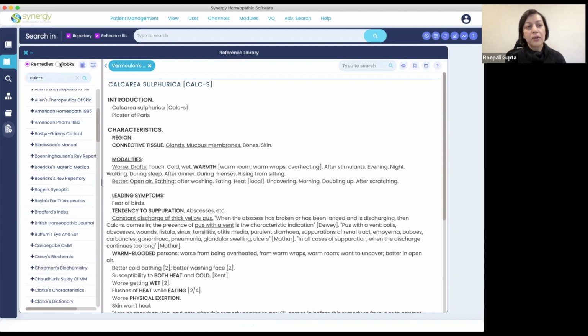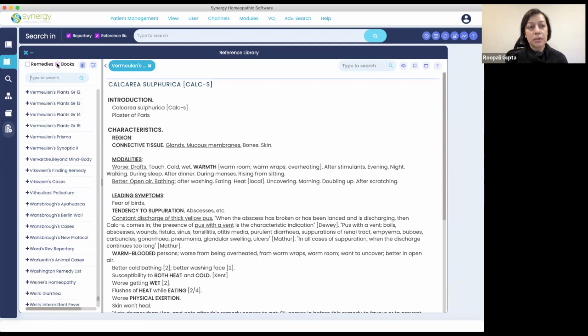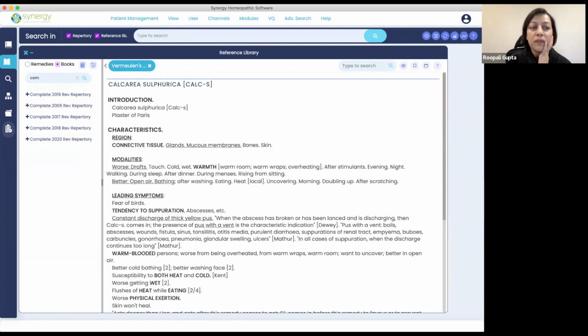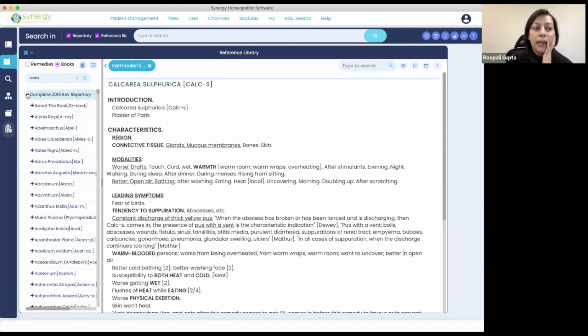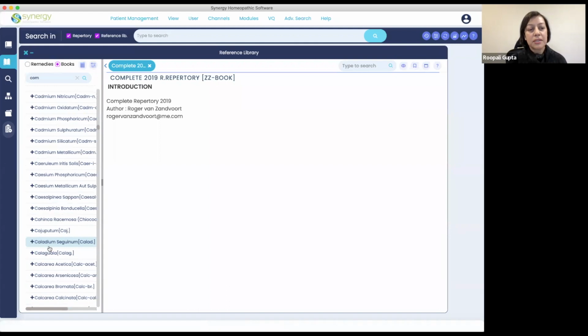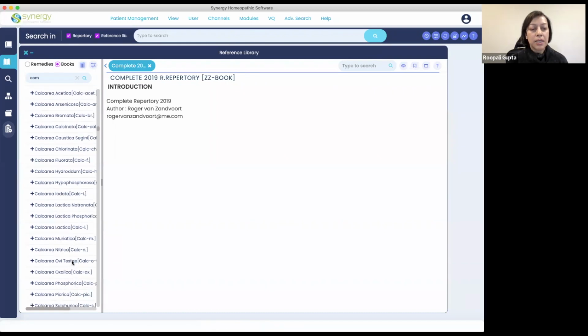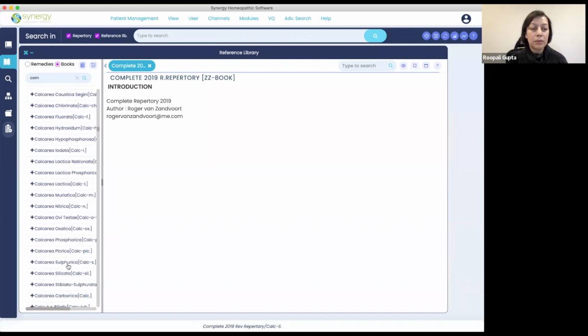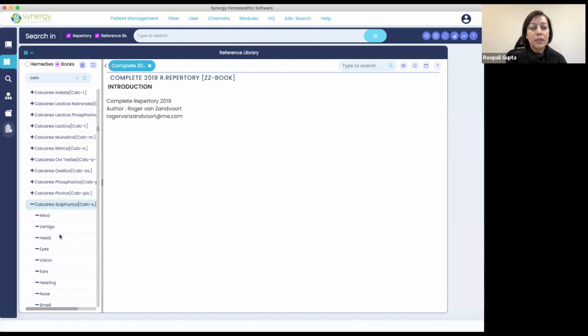That's the second way. The third way would be to go into books here. And what I like to do in books is to really look at a reverse repertory for that remedy. So let's say I choose one of the complete reverse repertories, and then I would explode that and I could come to Calc and it will type the first 3. So I typed the first 3 letters and it took me to Caladium, but you could type CALS. And then anyway, you can come to Calc Self here, and then you have Calc Self